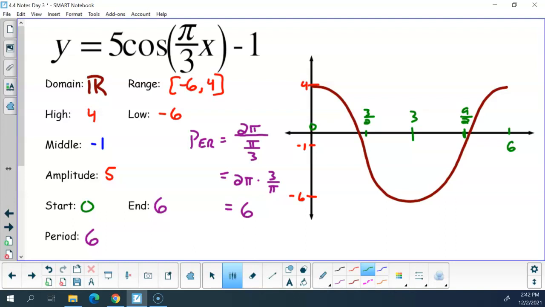Remaining time is yours to work on the pink sheet. Both have been posted. They're posted online. They're also posted